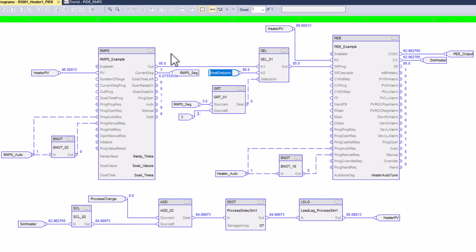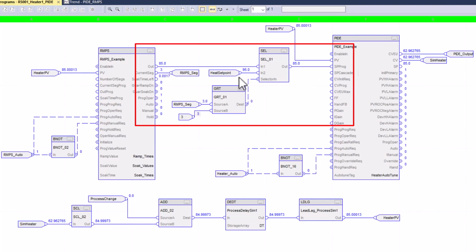So that's the reason I'm doing it outside of that, and that's just one way to do it, right? Let's keep in mind we're about to run out of time on our soak time left, so we should be transitioning to our next segment. Now you see it ramping up to 90, but our set point is going to ignore the ramp and soak set point,